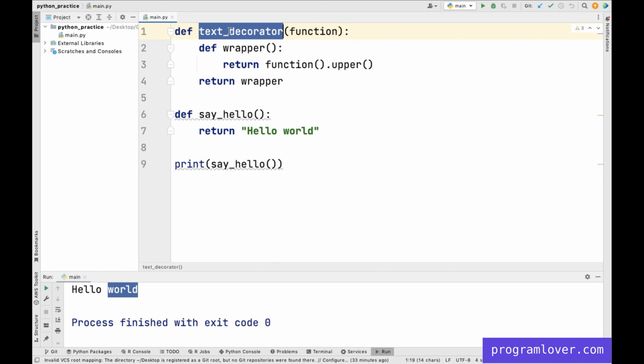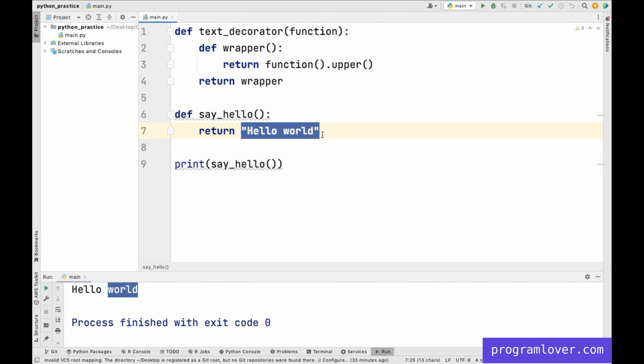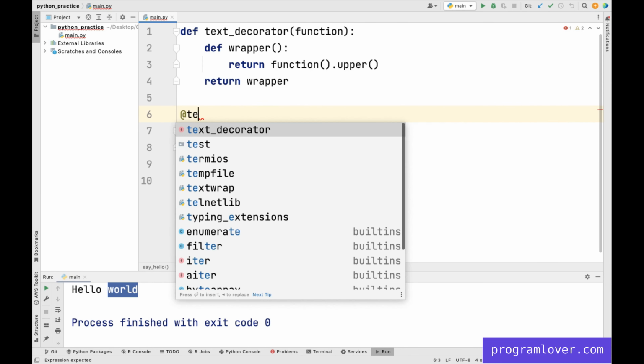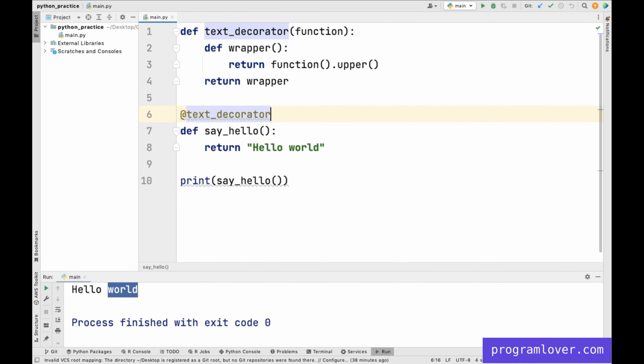By using this decorator function, we capitalize all the characters of the hello world text. With the help of the @ symbol, we call the text decorator function. And remember one thing, we always put the decorator on top of the Python function.